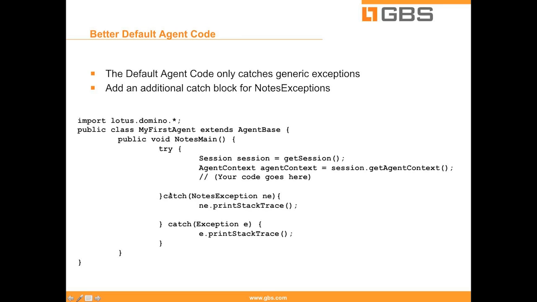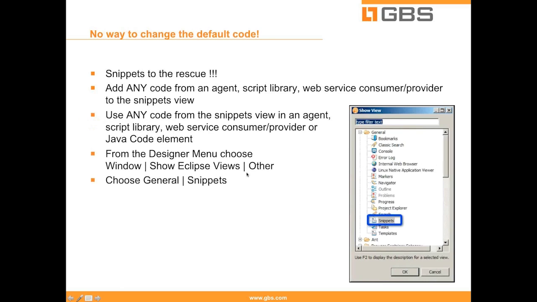So I tend to put this catch NotesException NE printStackTrace into every agent that I create, and that gets a little bit cumbersome. The problem is that there's no way to change that default code. There's no way to go into the underlying structure and say when I create a new agent, put that in. But because the 8.5.3 Designer is built on top of Eclipse, I can take advantage of the Eclipse design capability,